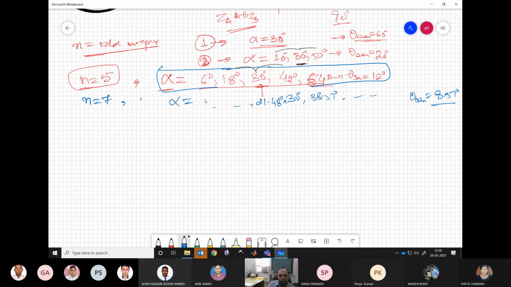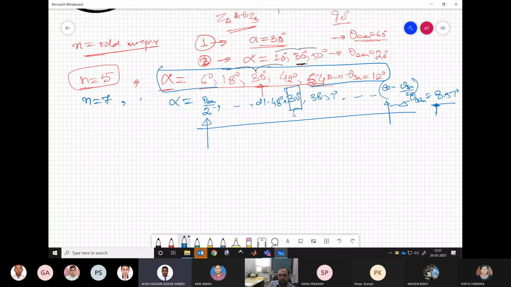So the first sample will come over here at theta sample by 2, the half of this. Always. And it will end at 60 minus theta sample by 2. Always. Getting my point? So these locations you can very clearly say: the middle of this is 30 degree, fixed. The first one is theta sample by 2. The last one is 60 minus theta sample by 2. These three you can straight away tell, and then whatever comes in between. Is it clear? Yes, sir. Good. So this we have understood.